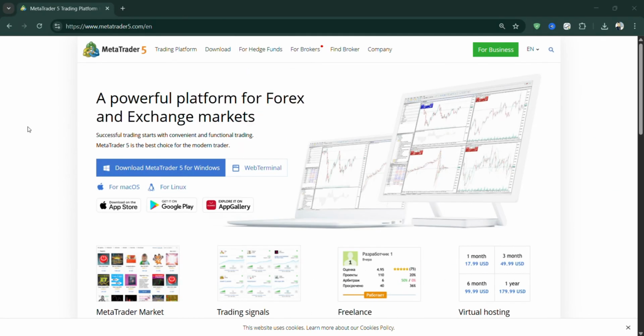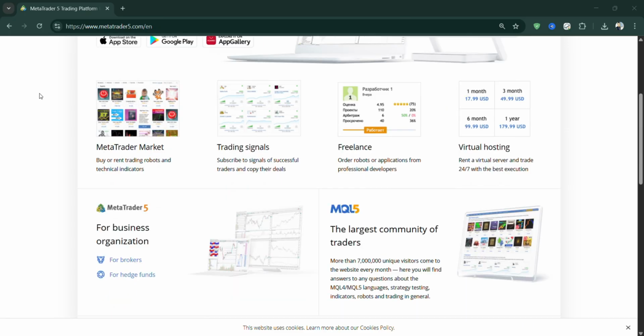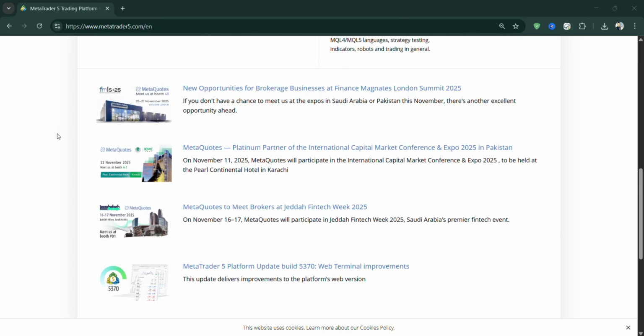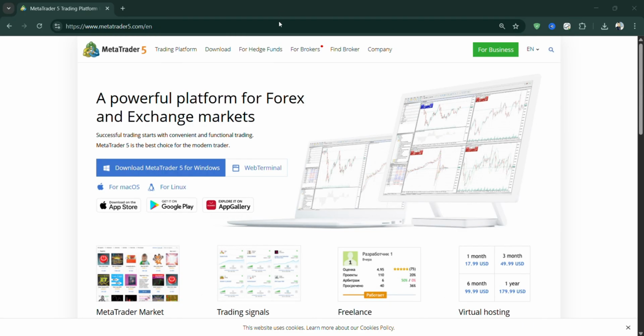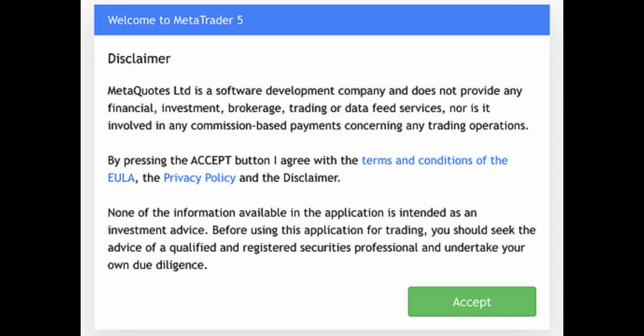Hey everyone! In this tutorial, I'll show you how to create and set up a real trading account on MetaTrader 5 (MT5) step by step. Whether you're using the web version or the desktop app, I've got you covered. Let's jump right in! First, to get started, make sure you already have an account with a broker that supports